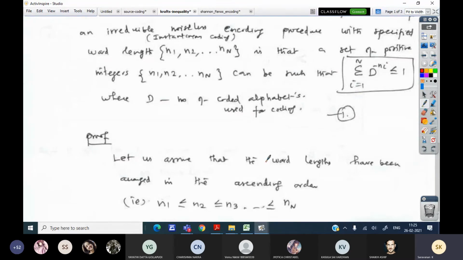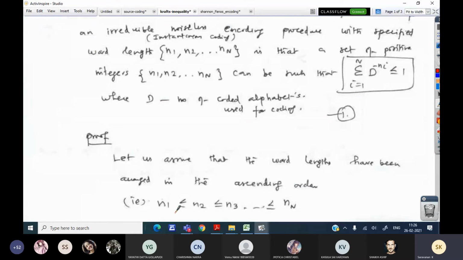Before doing problems, I want to prove this also. Let us assume word lengths, arranged in ascending order, so each n is greater than the previous one, from n1 to nn.